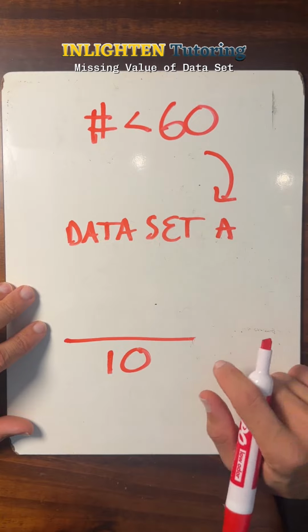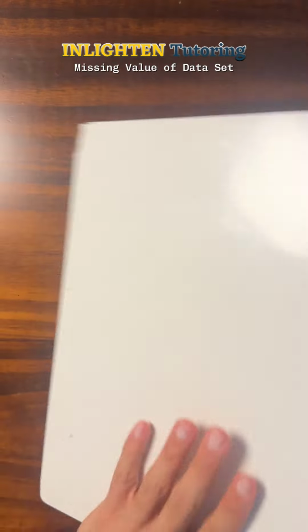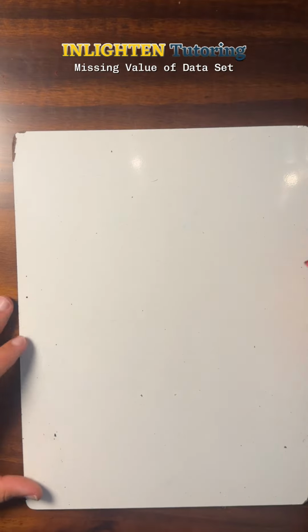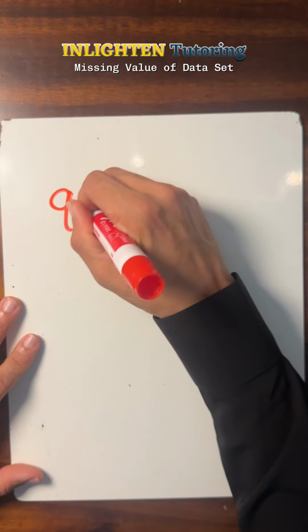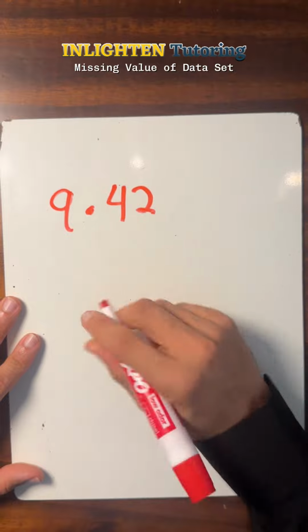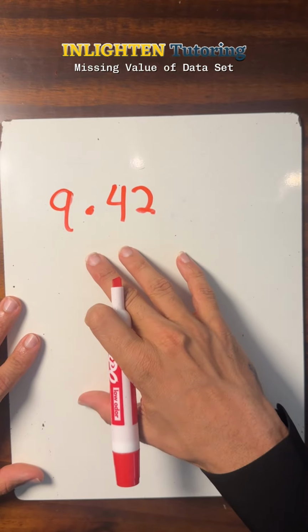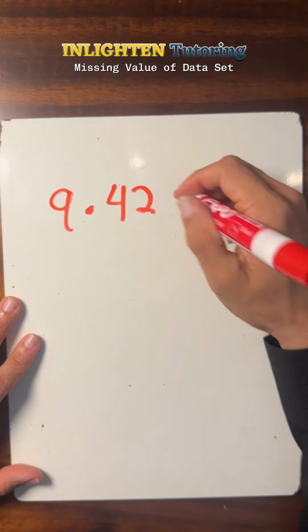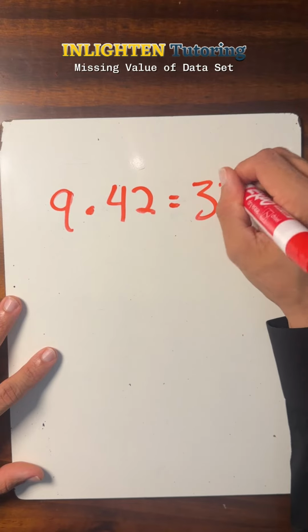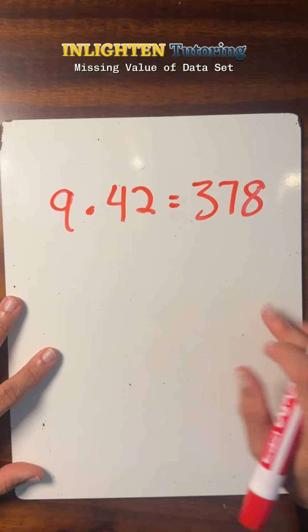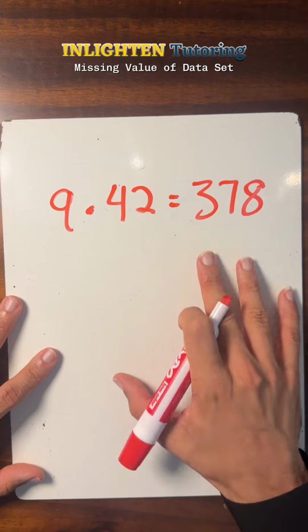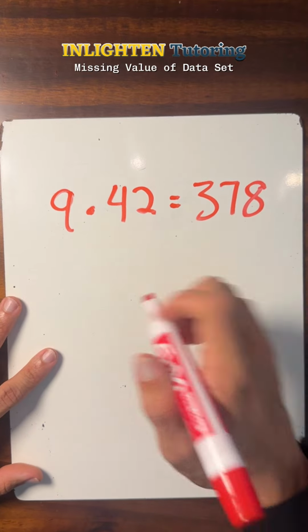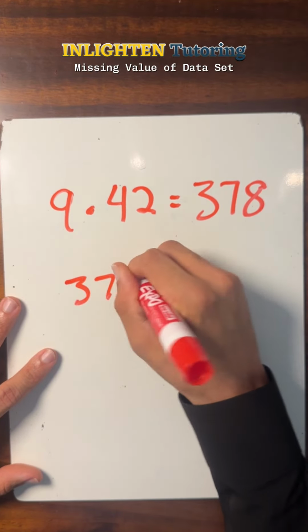So what we're going to do is take all the numbers that we're given and just do 9 times 42, because that's going to give us the sum of the numbers in the data set that's shown. And we're going to find that that's going to be 378. Okay? So the total sum of the numbers that we have is going to be 378,